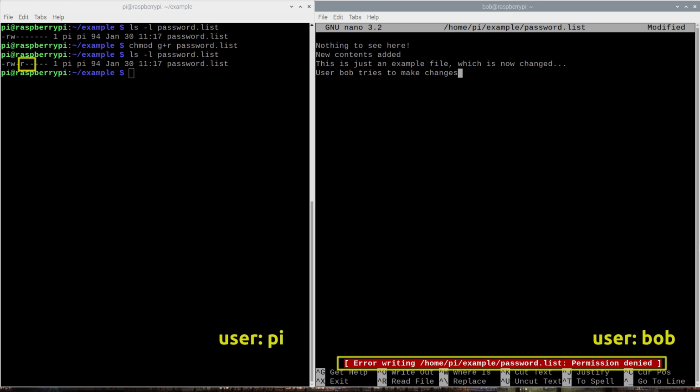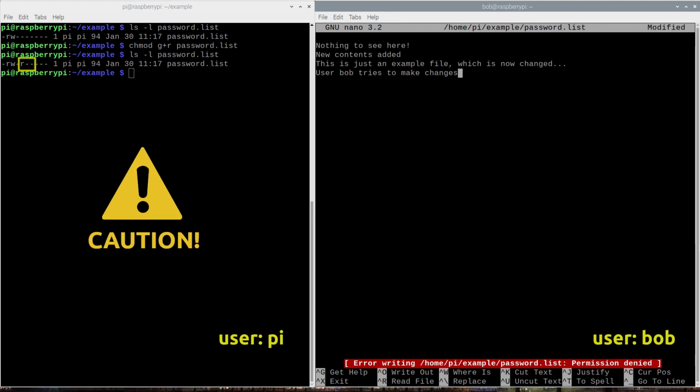How about granting write permission to group? Well, this is a bit more complicated. Allowing open write access to your files for group, or especially others, carries considerable risk and needs to be done very carefully. It is a broad topic, and I will discuss it in a separate lesson.